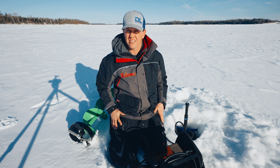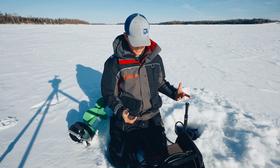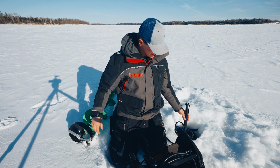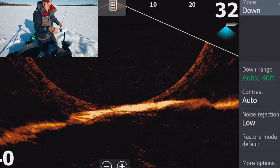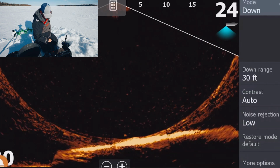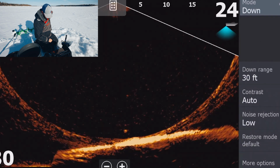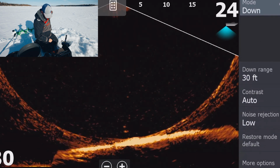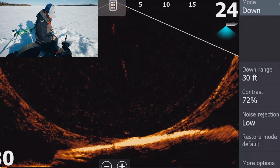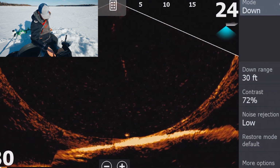We are gonna try to get on some fish yet, but I just wanna see how my lure marks. We are in forward mode now. I think I'm gonna switch back to down mode, and we'll give it a shot, guys. We will do some playing with the settings as we go. There's my lure coming down. Okay. Now we're marking the lure nicely. So I am noticing quite a big halo. I don't know if there's a way to deal with that, if it has to do with a harder bottom or...